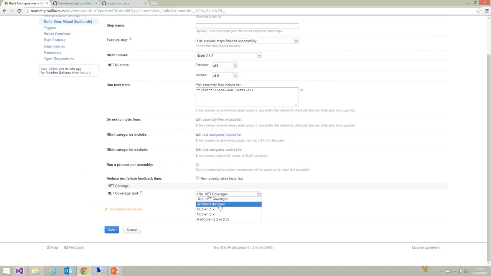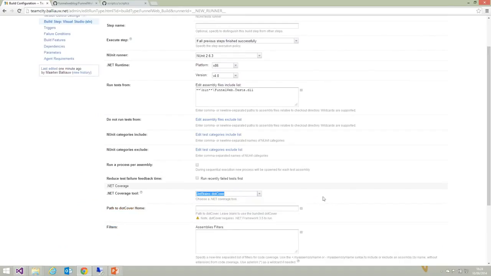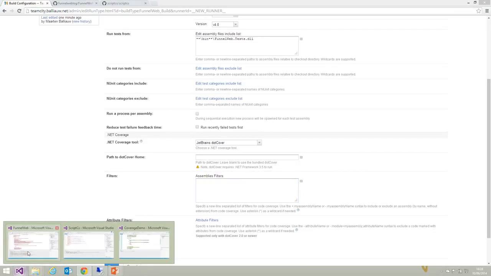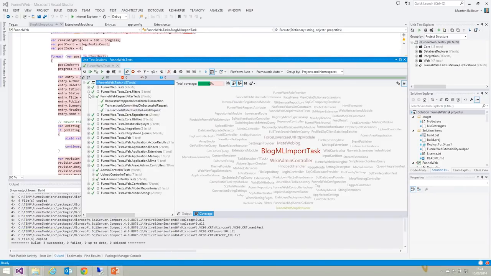And in this case, I'm going to say I want to make use of dotCover. And as I've said previously, dotCover ships with TeamCity. So if you want to collect code coverage using dotCover, you can simply select it in here and it will be available. Now, if I switch back to my Visual Studio, we've seen previously that we also